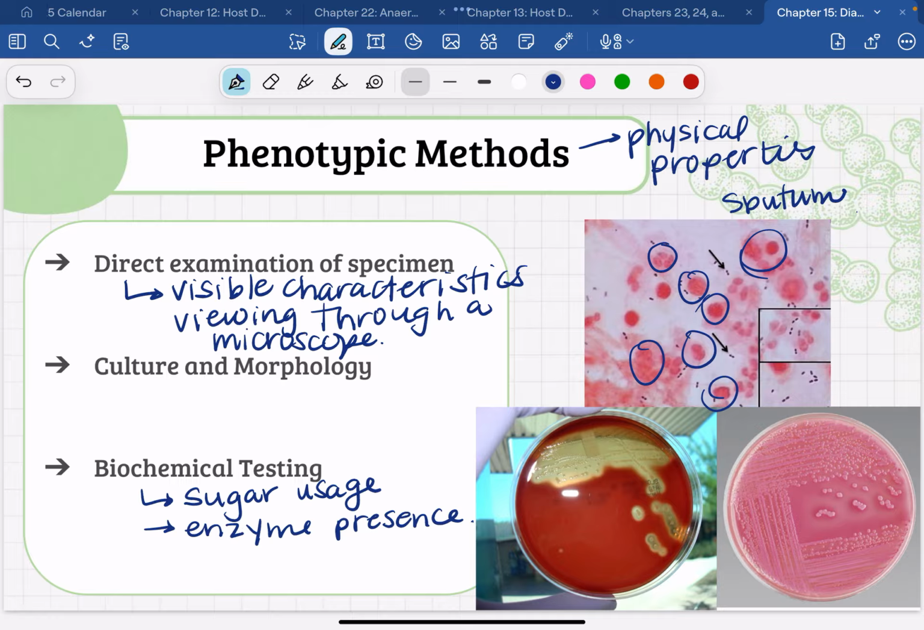And then another common type of biochemical testing is testing for the presence or absence of certain enzymes. Again,